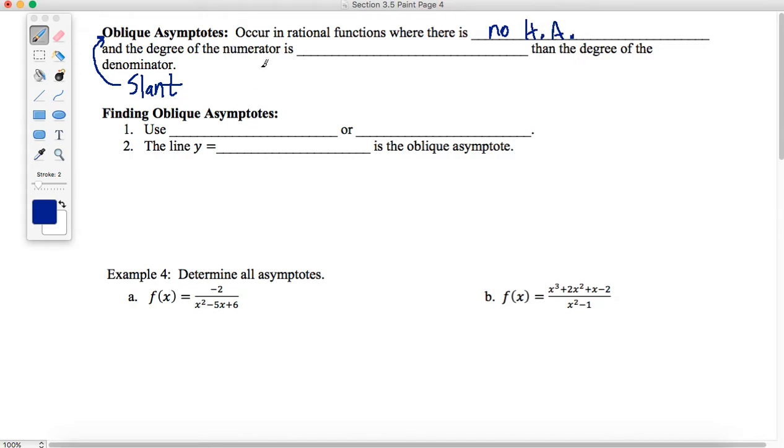and the degree of the numerator is 1 degree higher than the degree of the denominator. In order to find oblique asymptotes, we have to figure out what's happening at infinity, as x approaches infinity or negative infinity. One clever way to do that is to actually perform the division on the polynomial and see what happens. So we're going to use long division, or we can use synthetic division